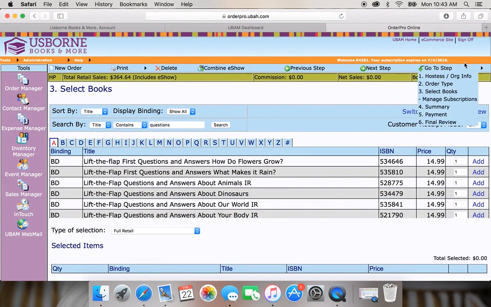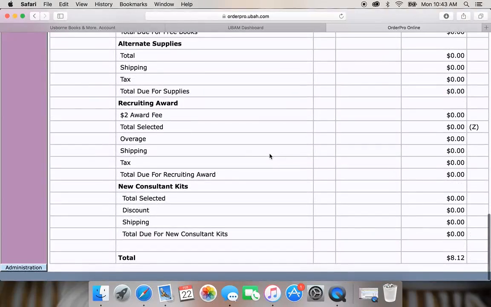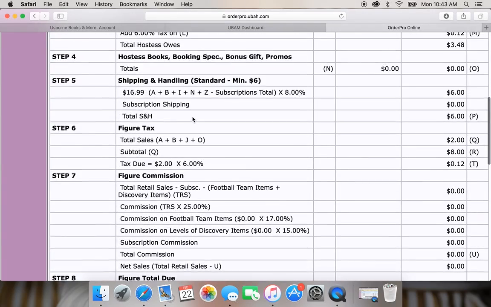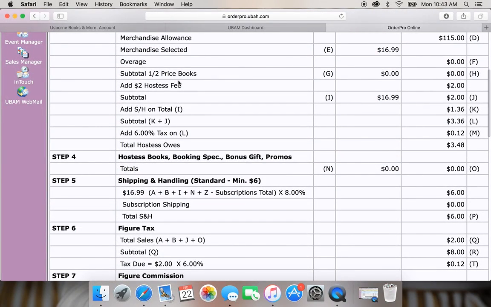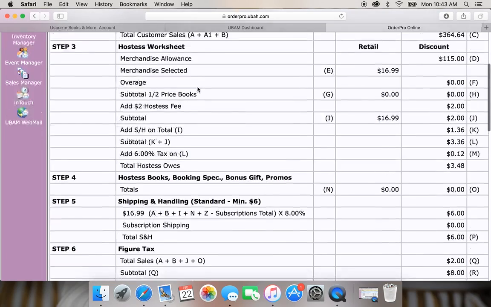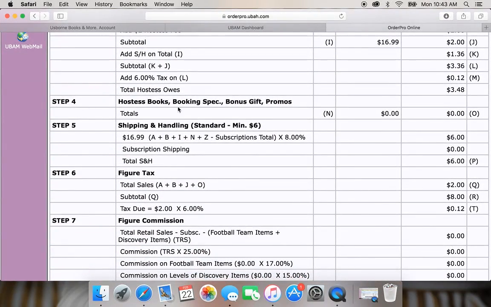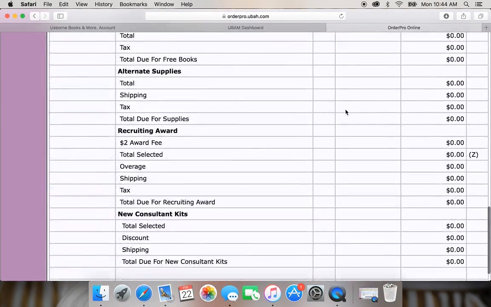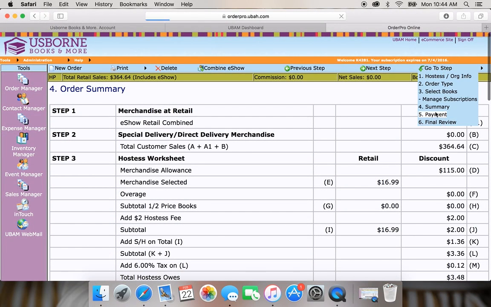So once you're done selecting all of the books, you can go to next step, and that will just be the summary, which don't dwell on that too much because it's really confusing, but it will break it down. There's a $2 award. Oh, that's recruiting. Sorry, there's a $2 hostess fee. That way we don't have to tax them on all of their free books. And then the booking specials and bonus gifts and all those things will all show up in here. That's why I like to go and do that payment first, because otherwise that will add all of that in there, if that makes sense. Then you go to payment,